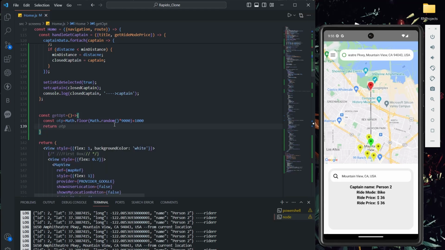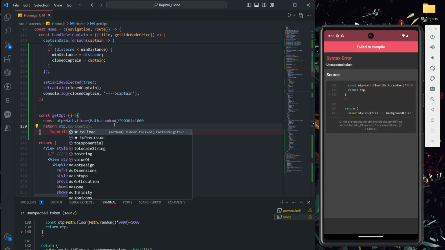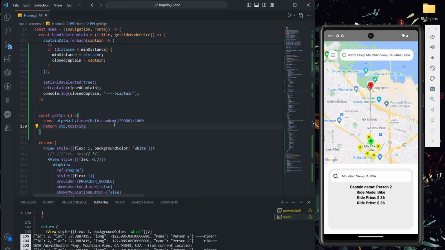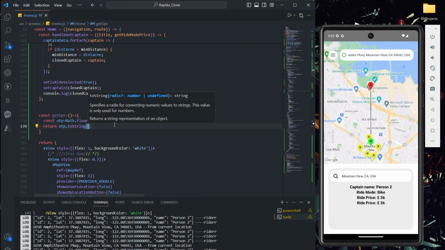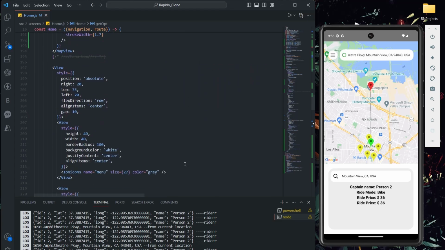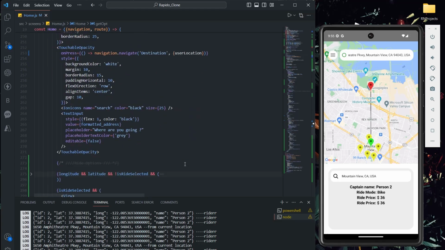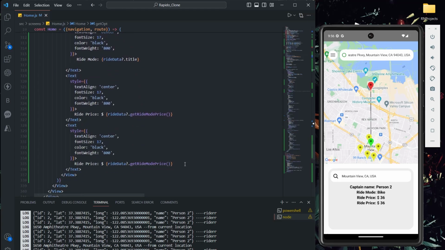Then I'll say return OTP dot toString. So what this function returns is simply the generated 4 digit OTP. Okay, getOTP. Now I'm going to call that function directly here. I'll say ride OTP, nothing but.